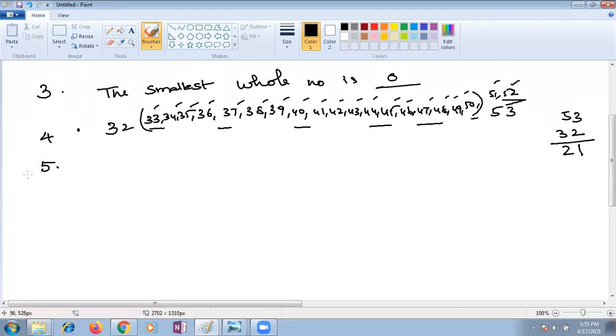Next one. Write the successor of. Successor means what? Ma'am, if we add 1 to it, that's called the successor. Very good. Successor means add 1. Predecessor means subtract 1. Spelling is also very important, children. Successor of. The first one is given as